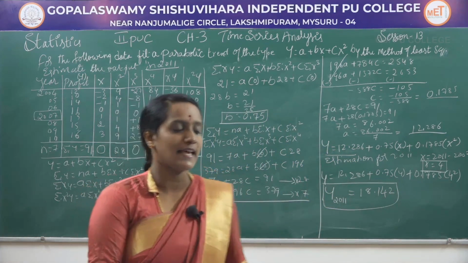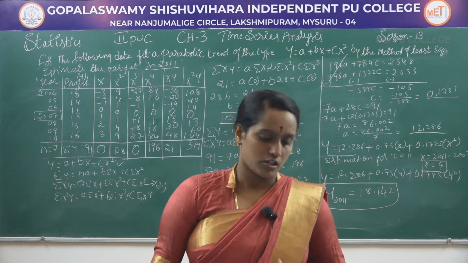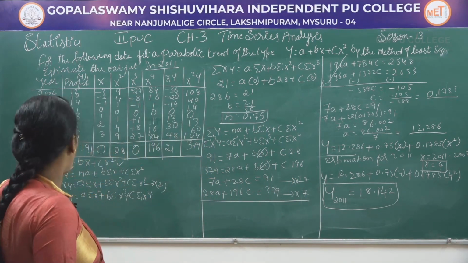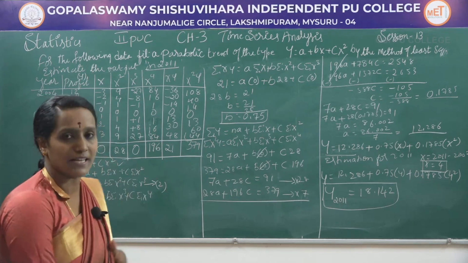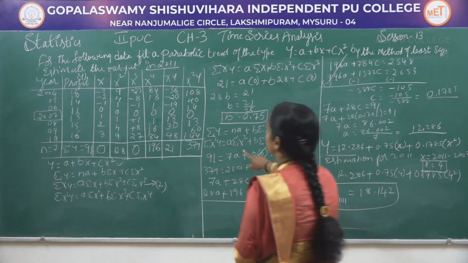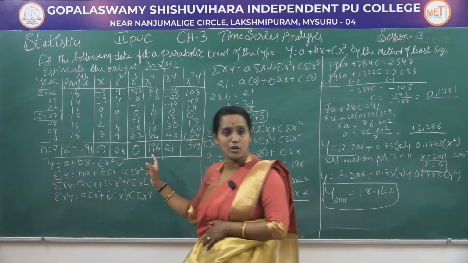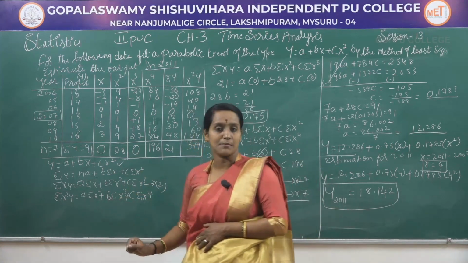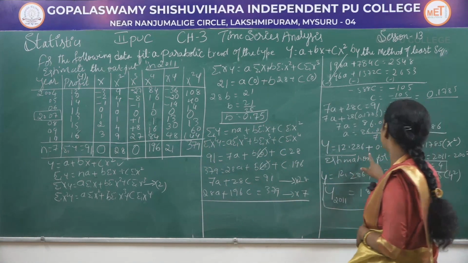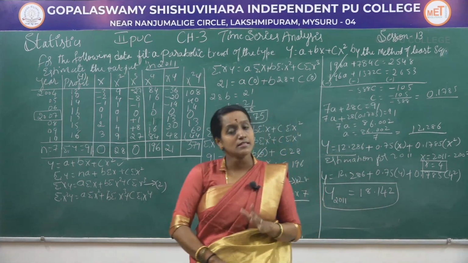So in examination, this type of problem you will get for 10 marks. Okay, the normal equations will also carry marks, as well as the straight line equation. The table will carry 4 marks. All the totals, all the summations will also carry marks. Normal equations sometimes carry marks. The constants A, B, C will also carry marks. And substitution for A, B, C in the equation carries 1 mark. And the last estimation will also carry 1 mark.